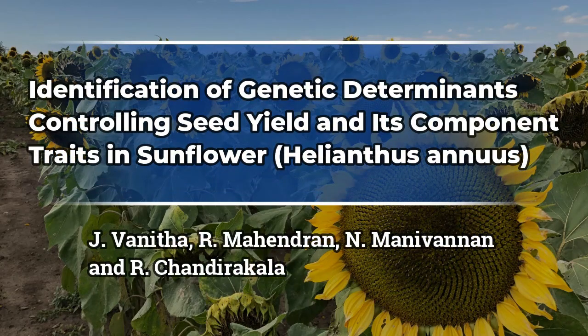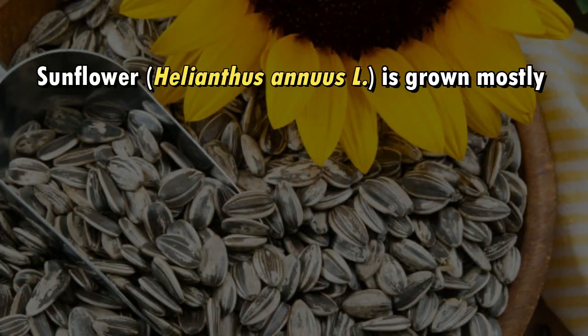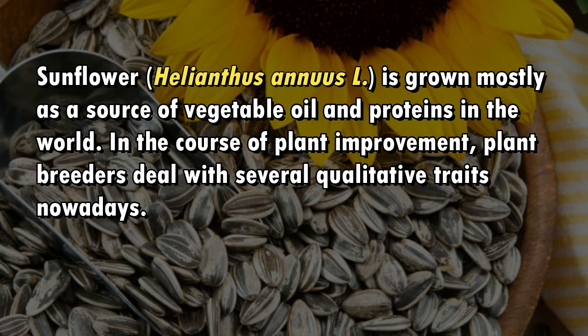Identification of genetic determinants controlling seed yield and its component traits in sunflower, Helianthus annuus. J. Vanitha, R. Mandron, N. Manivannan, and R. Chandirakala. Sunflower, Helianthus annuus L., is grown mostly as a source of vegetable oil and proteins in